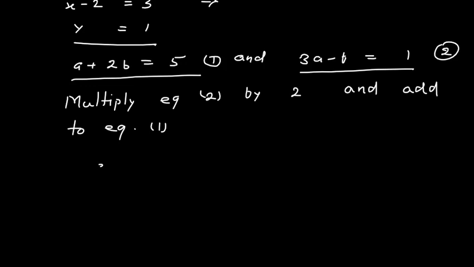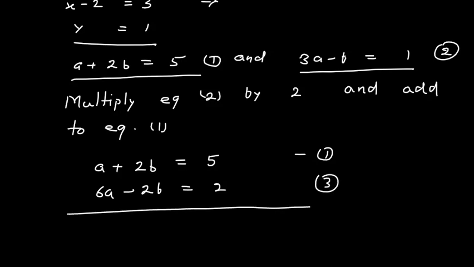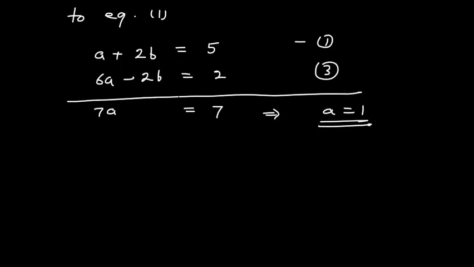So my equation here is a plus 2b is equal to 5. This is your first equation, and when you multiply equation 2 by 2, you get 6a minus 2b is equal to 2. This is your third equation, you say. Okay, now what you are doing, you are adding it. So 6a plus a, you will get 7a, and here 5 plus 2, you will get 7. So from here we get a is equal to 1,